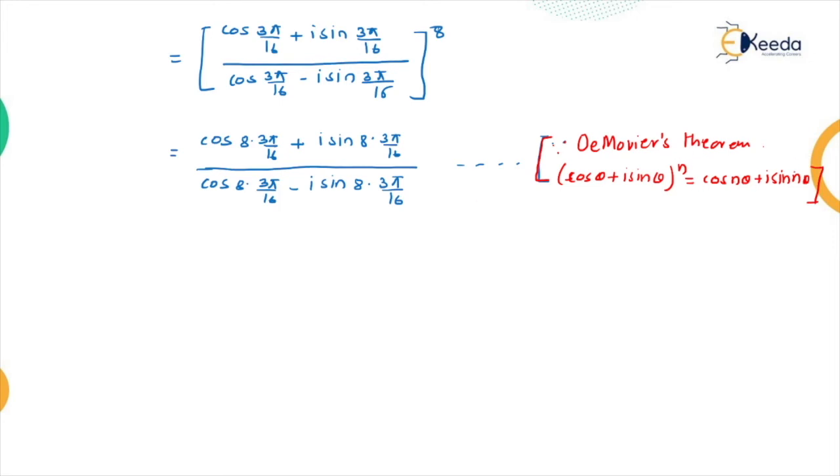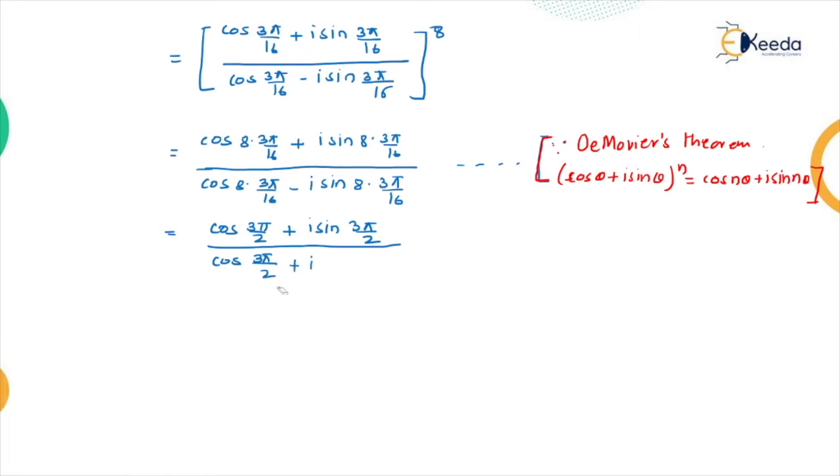So that's why this is very easy, guys. Now we have to solve this. So this is 8 into 3 pi divided by 60. It becomes cos of 3 pi divided by 2 plus i into sine of 3 pi divided by 2, and total divided by, now this is again cos of 3 pi divided by 2 plus i into,